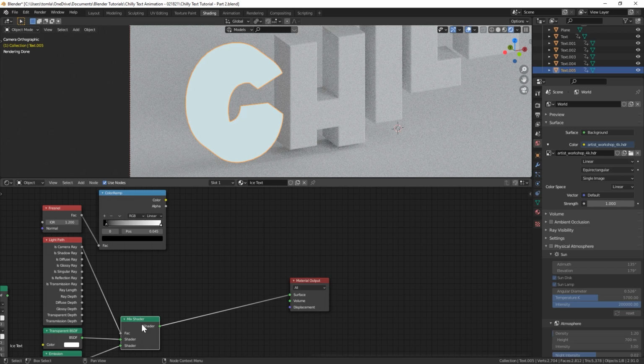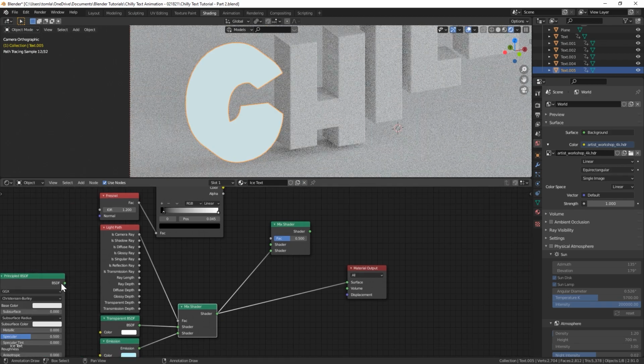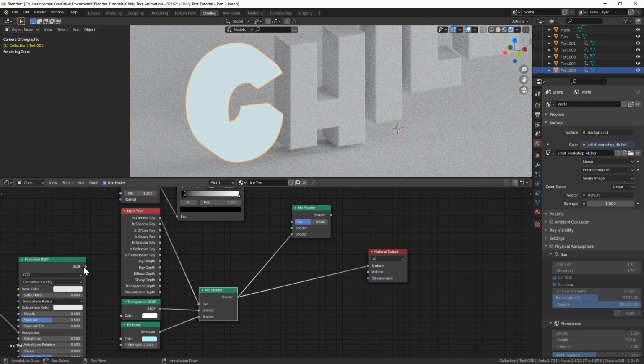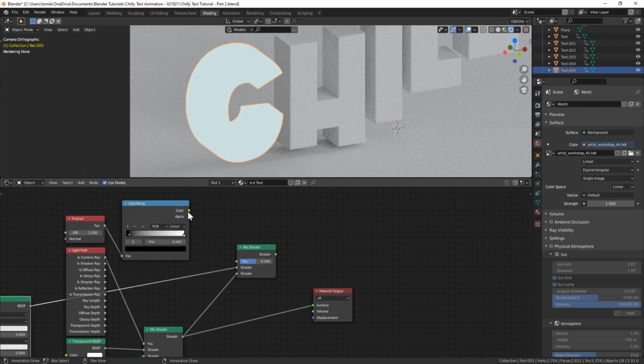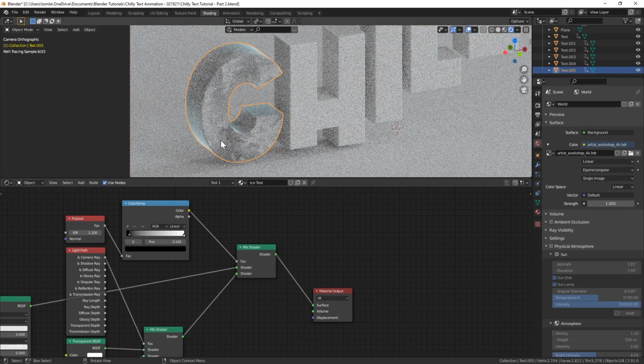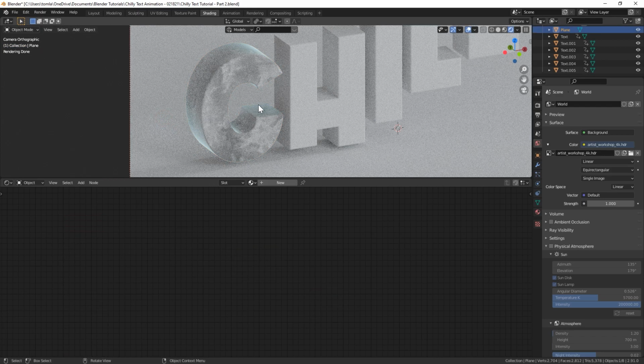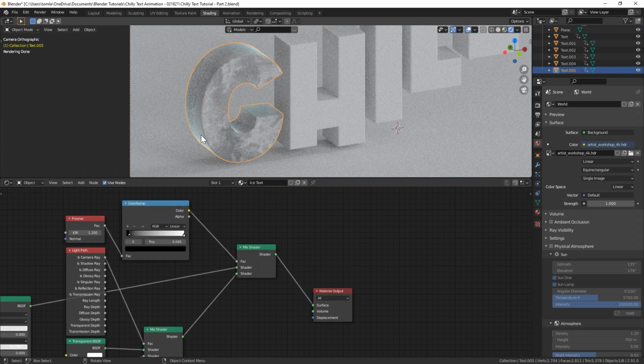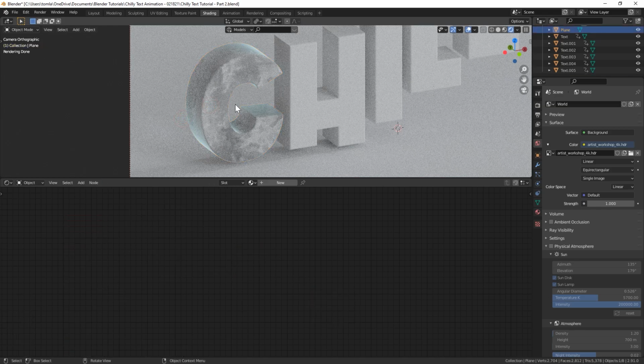So we're gonna need one more mix shader. So let's duplicate that. And this will go into the bottom, and we'll take our original texture or material and plug that into the top. Then we'll use our mask right here. And now let's plug that in. And you can see I'm getting this nice lighting on the edges of our C. It's just kind of helps it stand out from the background a little bit.